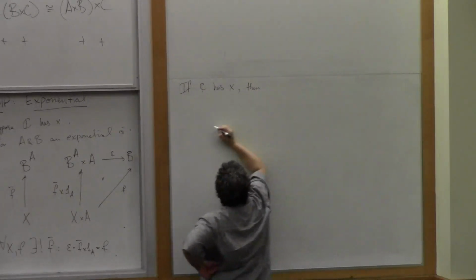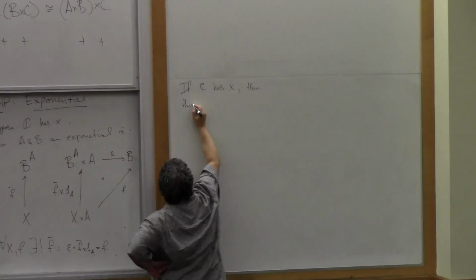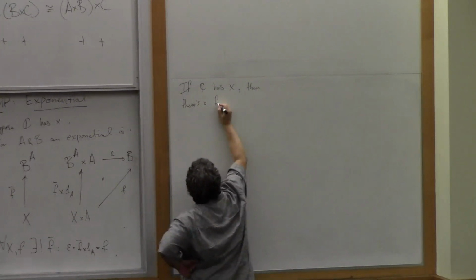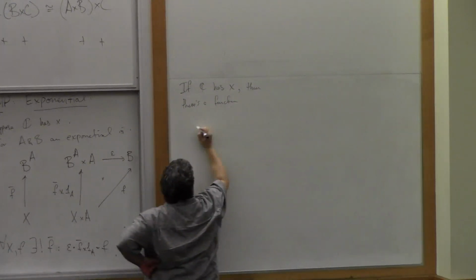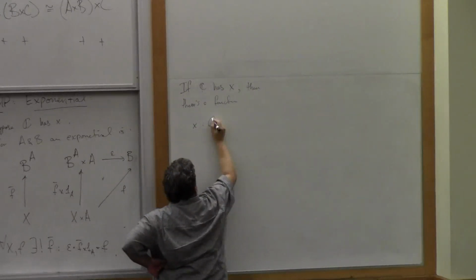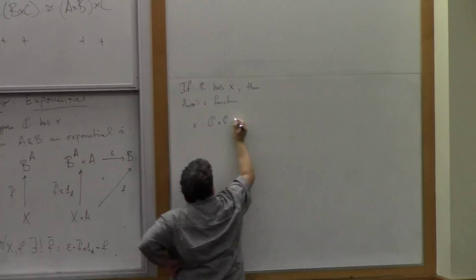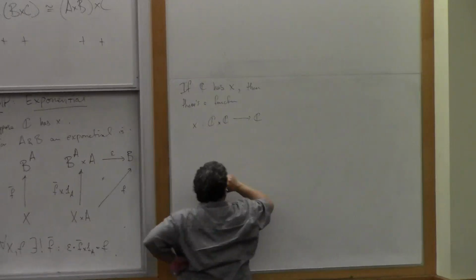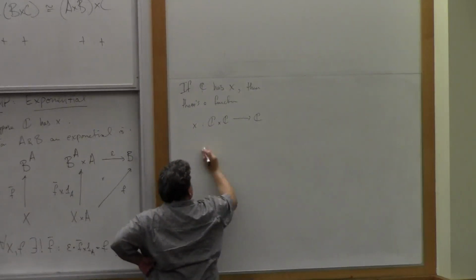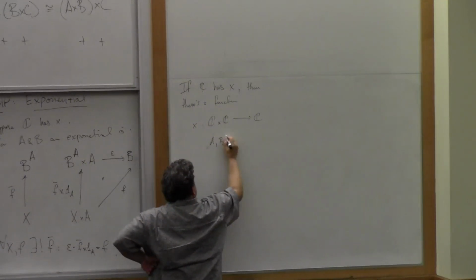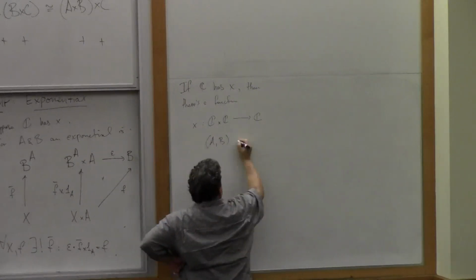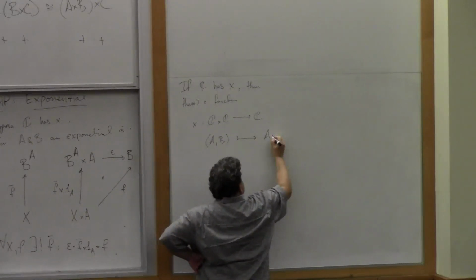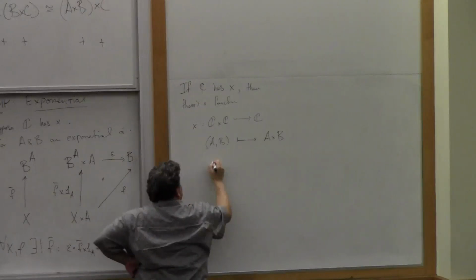Then there's a product functor going from C cross C into C, and it works like this. It takes a pair of objects here, A and B, that's an object in this category, to their product, and then it takes an arrow,